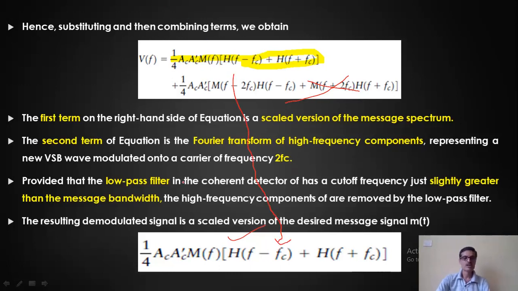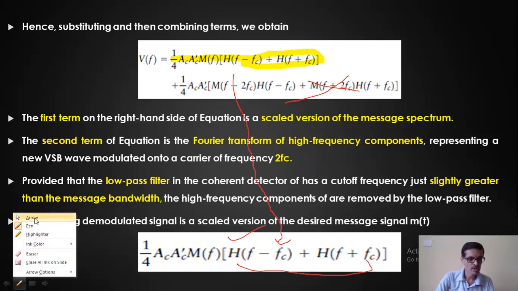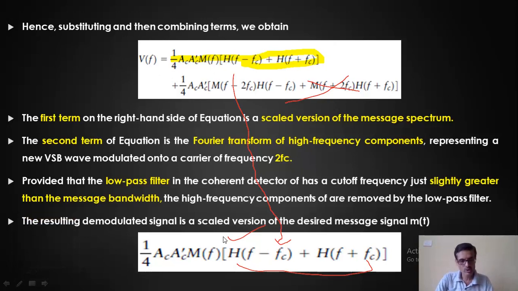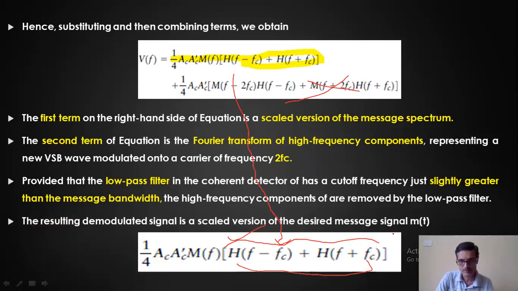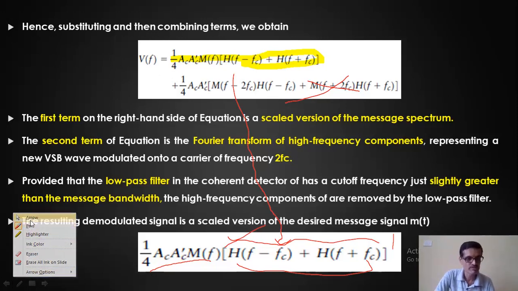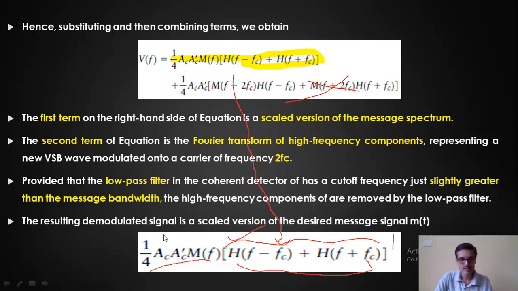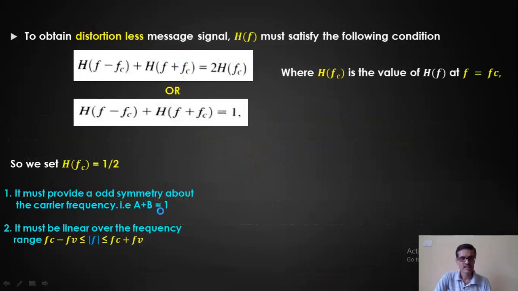That's it. Right? But still there is some distortion given by this particular filter. So we should be very careful while designing the band pass filter, because that is going to add a distortion to the demodulated signal. If this particular part is equal to 1, let us say, then the distortion is minimum. I get only this portion, that is half of AC into AC dash M of f. So we need to satisfy a few conditions in the band pass filter in the transmitter to eliminate the distortion in the demodulated signal. I'll explain this here.